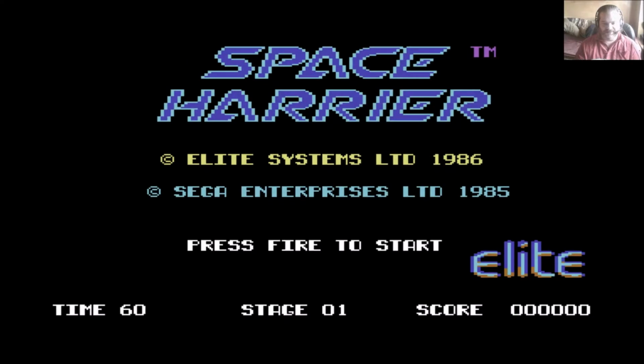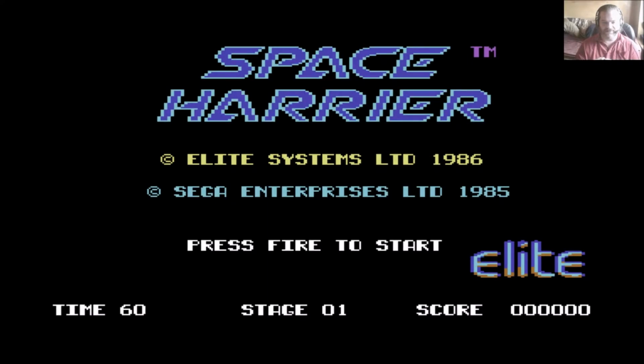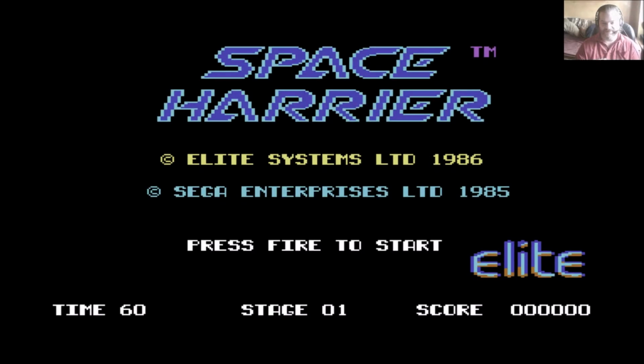Of course, this wasn't the last overly ambitious conversion that Chris Butler was involved with, because he also did Thunderblade, and he also did one of the racing ones. I can't remember the title of it. It's a load of shit. I mean, the coin-op version is a load of shit, let alone all of the actual conversions. The same applies with Thunderblade for that matter. Anyway,